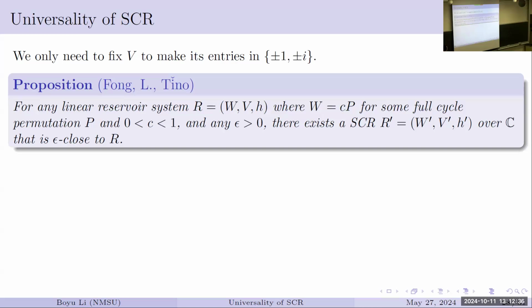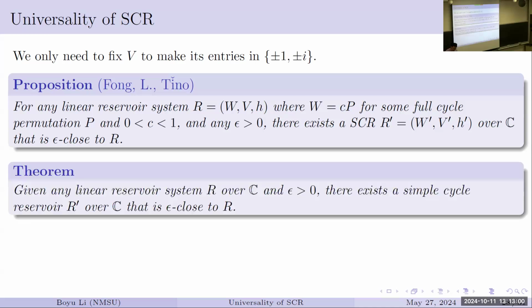So you have this W which is already a full cycle permutation. The idea is you kind of tensor it with another permutation. You get a bigger space, and if your V is not +1, -1, you use some simple function to approximate it, and again get another V prime. That's the best I can explain, but anyways, that's doable in fact. So you combine all of these together.